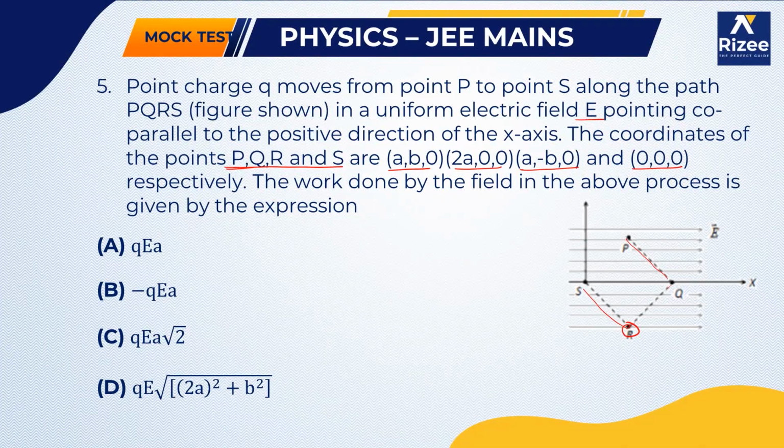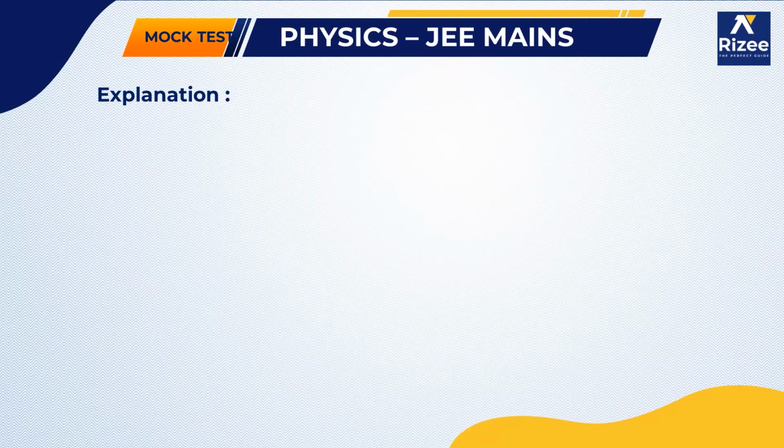So how do we calculate the work done in this particular case? You can go by a direct procedure, or you can go point to point. Let me go for the direct procedure. What is the work done, by the way? Looking at your diagram, this is your x-axis. The electric field is parallel to the positive x direction. This is your E bar direction.